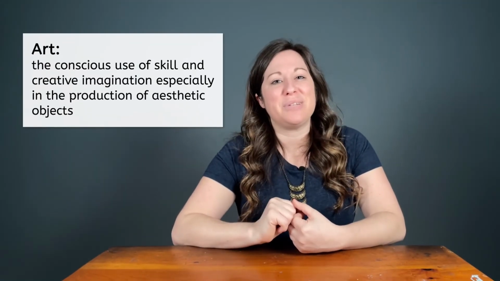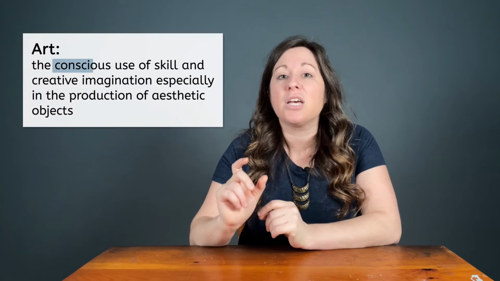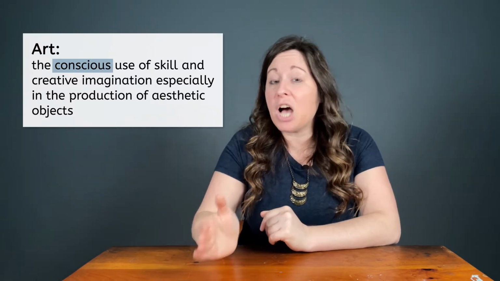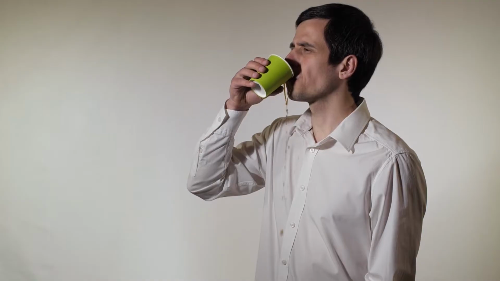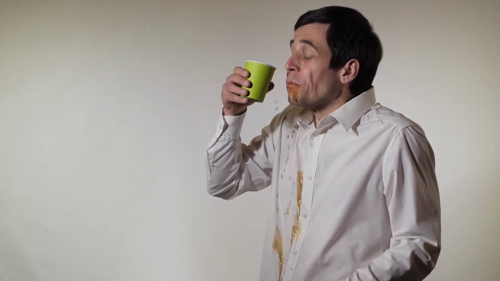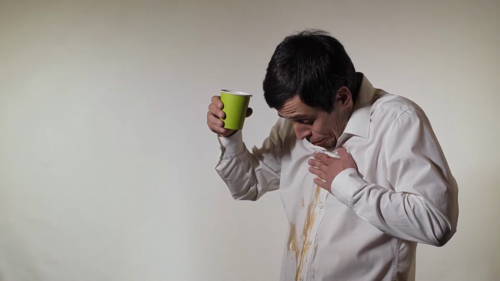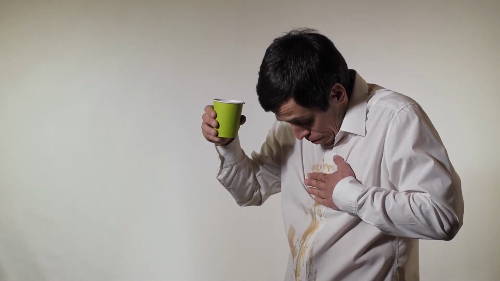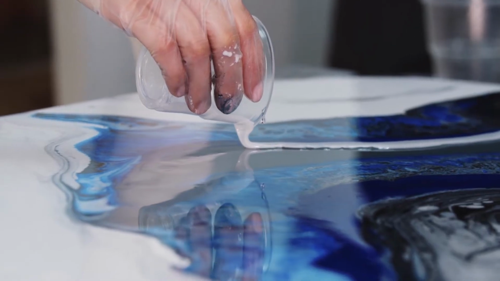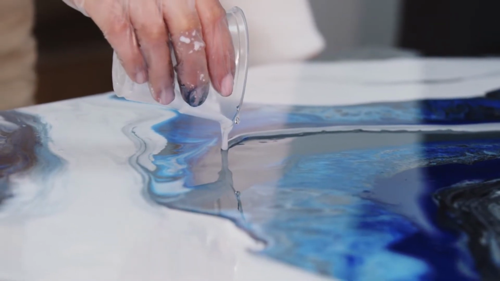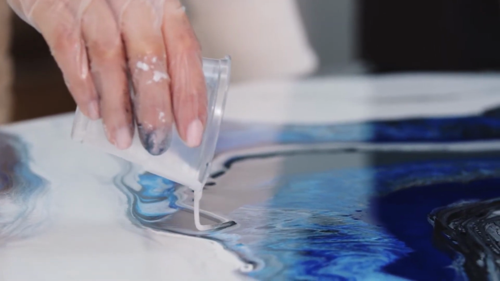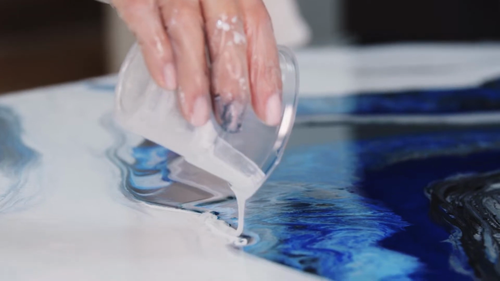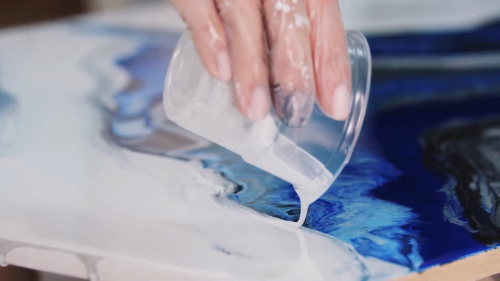Let's break down this definition. The first word the definition uses is conscious. When something is done consciously, it means it is being done with thought or intention. So if you accidentally knock over a cup full of juice and it makes a lovely brushstroke shape as the puddle hits the floor, this would not be considered art because it was not done on purpose. But if an artist deliberately chooses to spray, flick, or pour paint onto a canvas, or intentionally chooses to incorporate chance into a project, like sitting a watercolor painting outside in the rain, then it would be considered conscious.